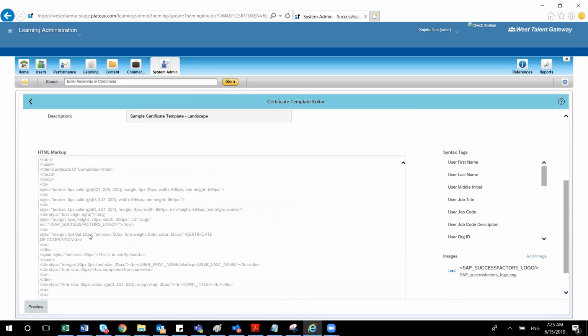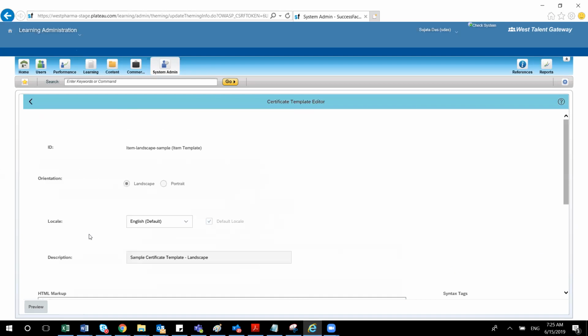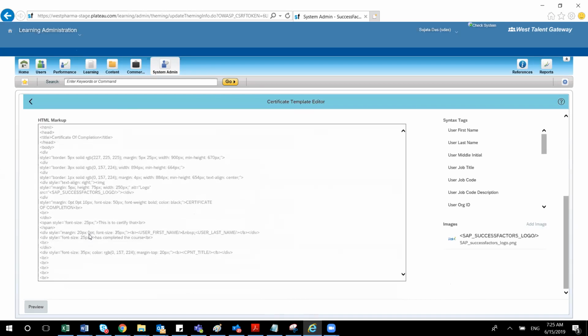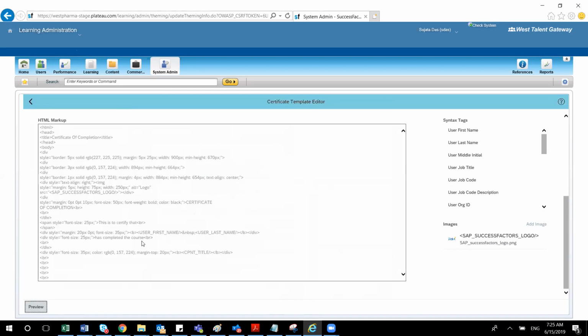So there will be an HTML markup language. Here, whatever color or things you need, it's very simple. Again, you come back to preview and you can test immediately. You don't have to assign an item to the user and then test. Not like that. Immediately at the configuration level itself, there is a preview option. You will be going there and making whatever changes are required. It is as simple as that.